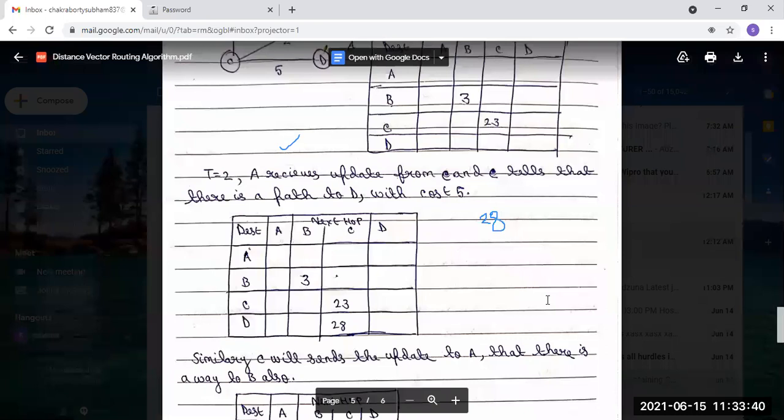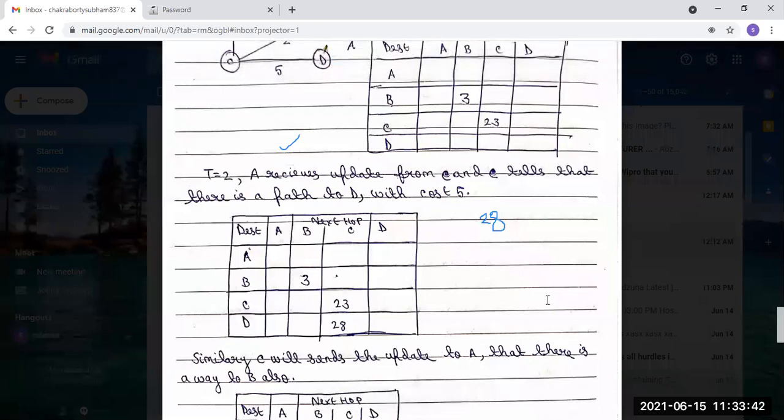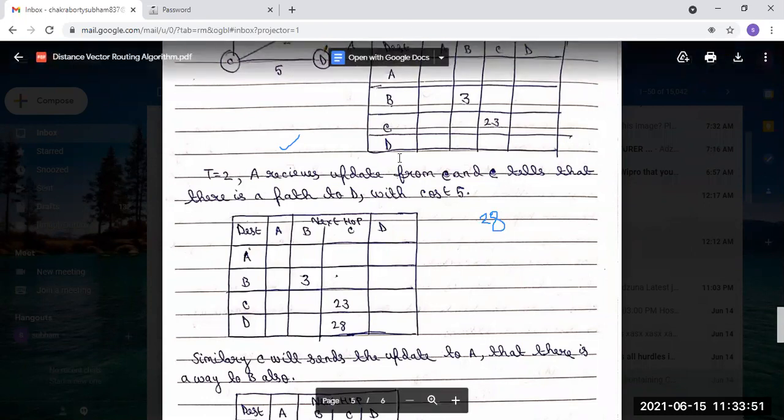So after it receives the update from C, C tells that there is a path to D. So that means A to D we can communicate now via C. So C is the next stop and D is our destination. In the next stop it will be C and total will be 23 plus 5, it will be 28. So we have put the value here. Next,